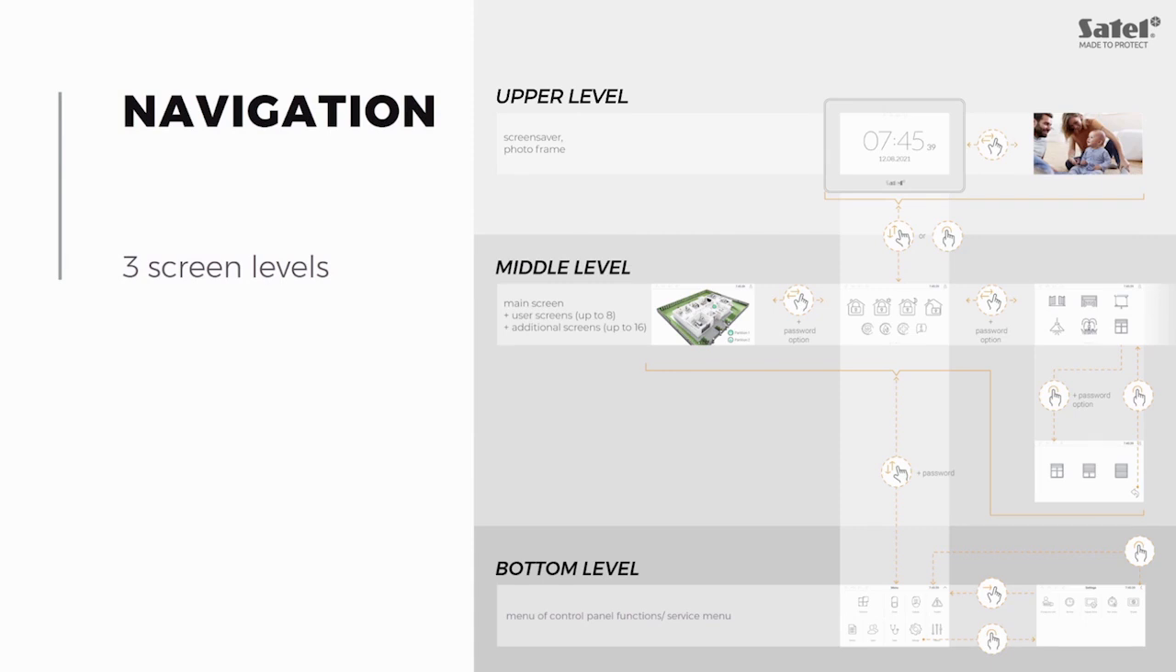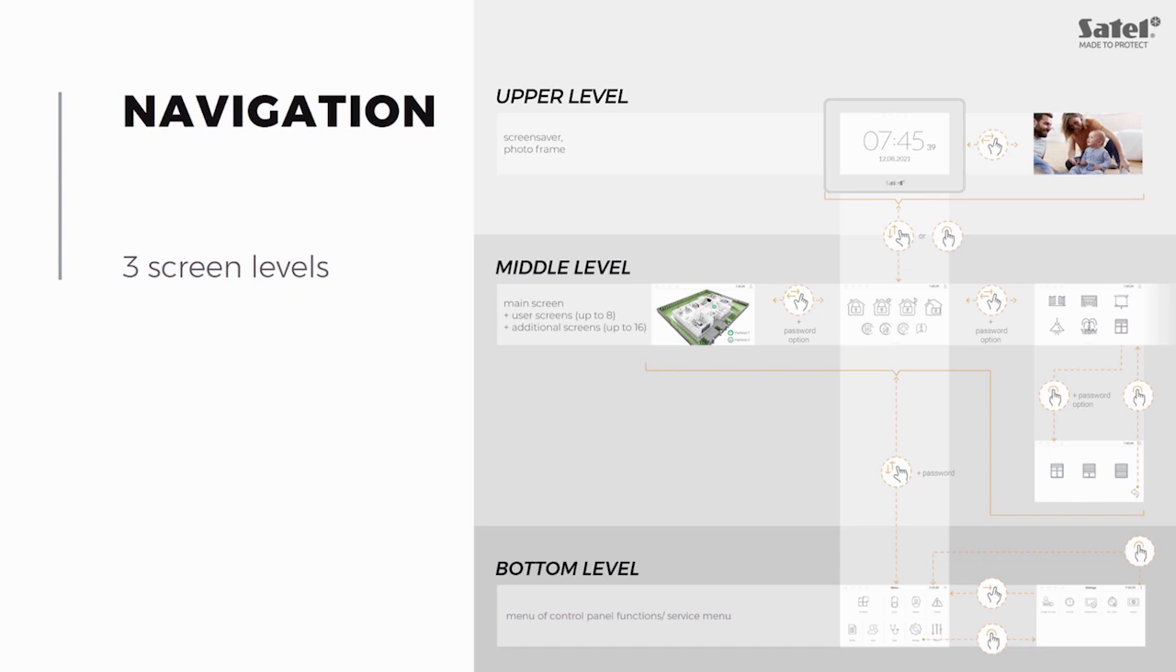The upper level features the screensaver. It can be set to display our default clock or act as a photo frame. On the middle level, we can find the main screen with different icons displayed, responsible for alarming the system. 3 icons to quickly call for help, and in the information icon here, for example, you can enter the contact